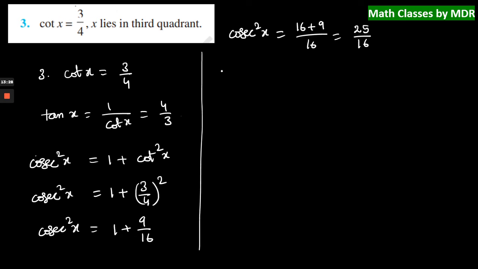Now on taking square root on both the sides, you will get cosecant x is equal to plus or minus root of 25 by 16, which is equal to plus or minus 5 by 4. But we know that in the third quadrant cosecant x is negative. Therefore, since x lies in the third quadrant,